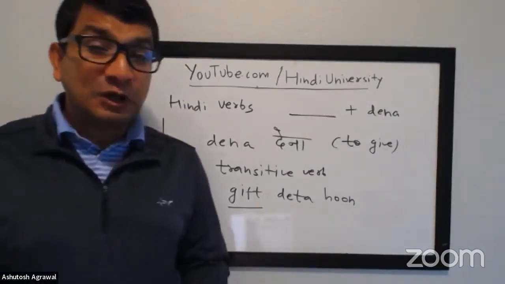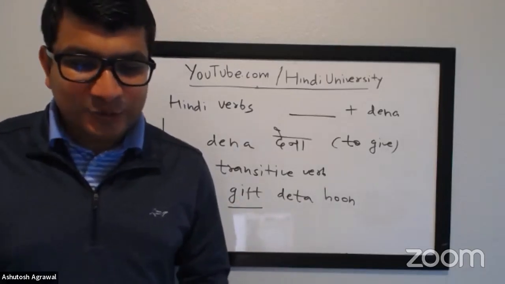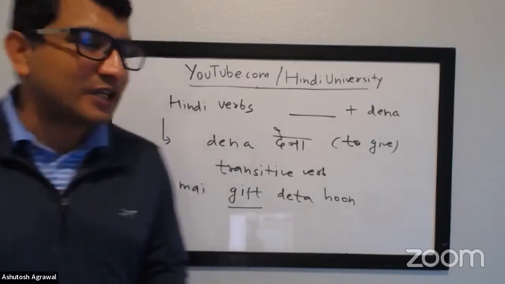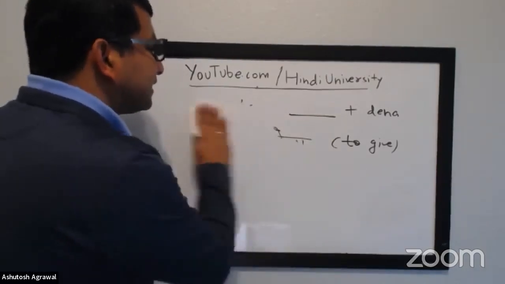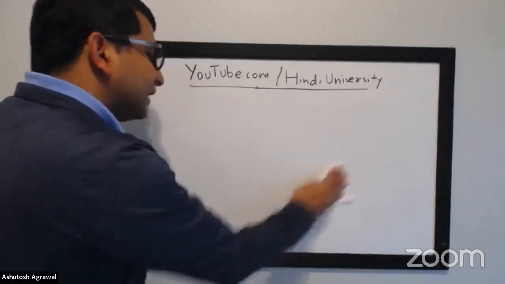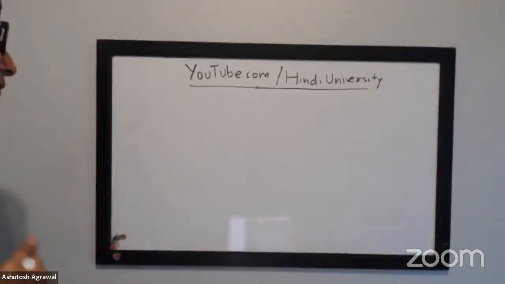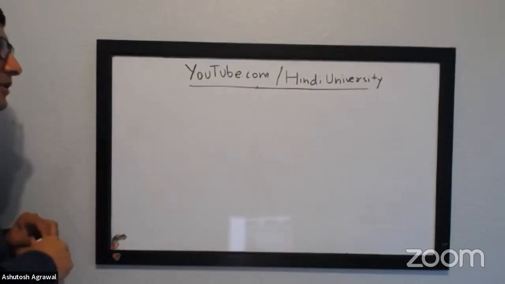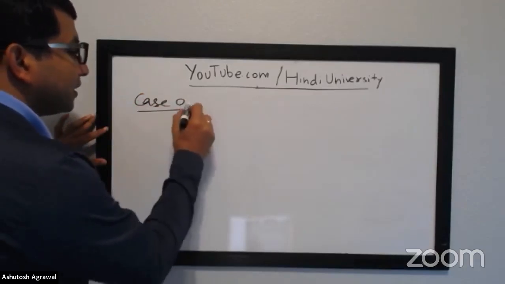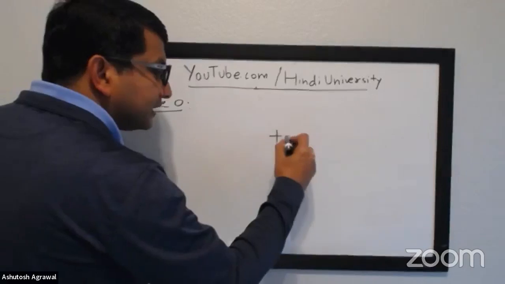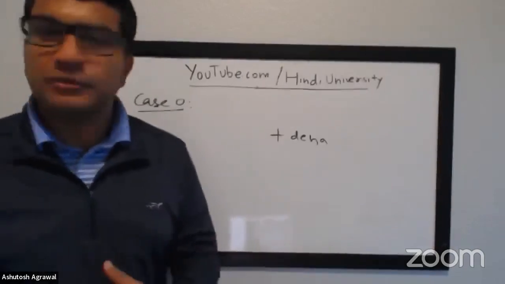Interestingly enough, if you recall, when we read Usha Jain's book, this is chapter first for Usha Jain. So it's basically at the intermediate level. If you're completely new, don't worry, bear with me. You will still be able to get a decent amount of it. Before I go deeper into it, think about it as our case zero. What we will do is, you pick any verb and we'll just put Dena next to it. So right now, let's just get used to adding Dena next to some verbs.